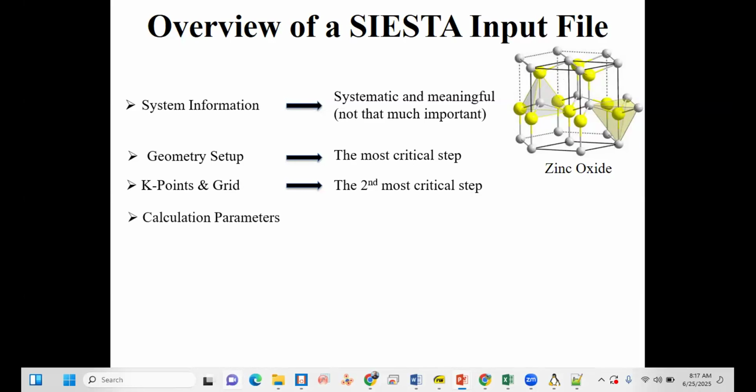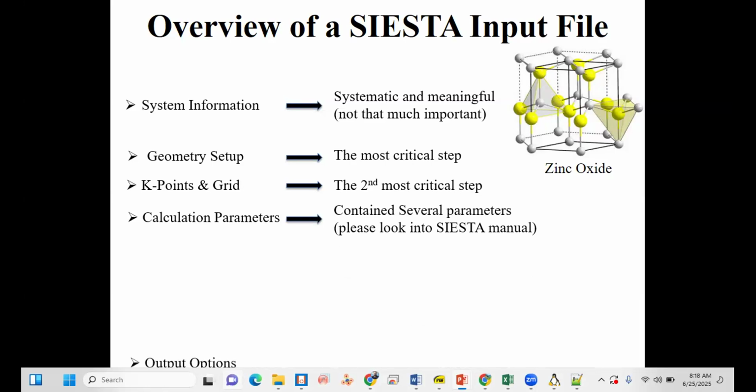The fourth thing is the calculation parameters. In the FDF file, we have the calculation parameters, which contain several parameters, and for that you have to look at the Siesta manual. I will also explain some of them, but that depends on several things.